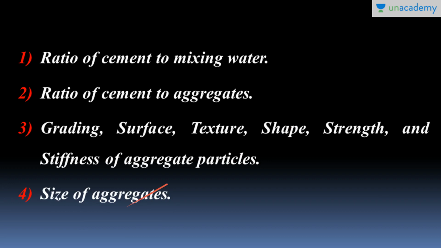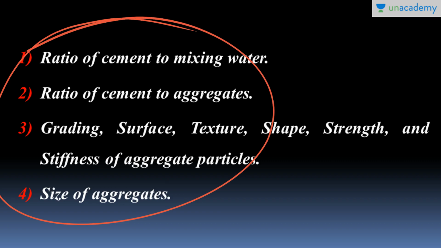So you may wonder what we heard right now. These are general points about the factors that affect the strength of the concrete. From this we can make a small deduction: the water cement ratio is one of the primary factors that affects the strength of the concrete, whereas all the other factors indirectly affect the strength by affecting the water cement ratio. All the other factors will affect the water cement ratio, and the water cement ratio will affect the strength of the concrete. That's how it is done.